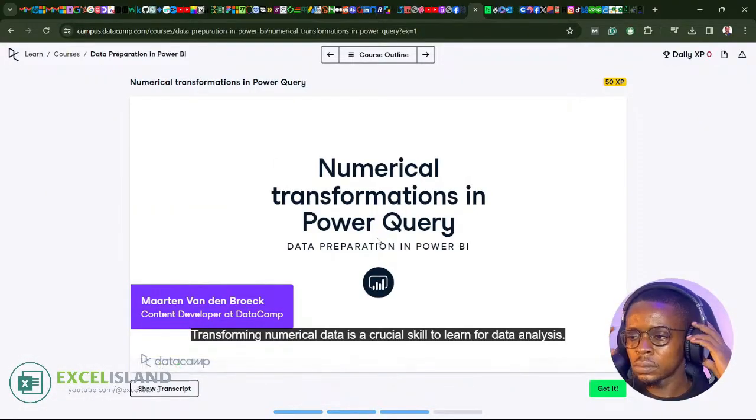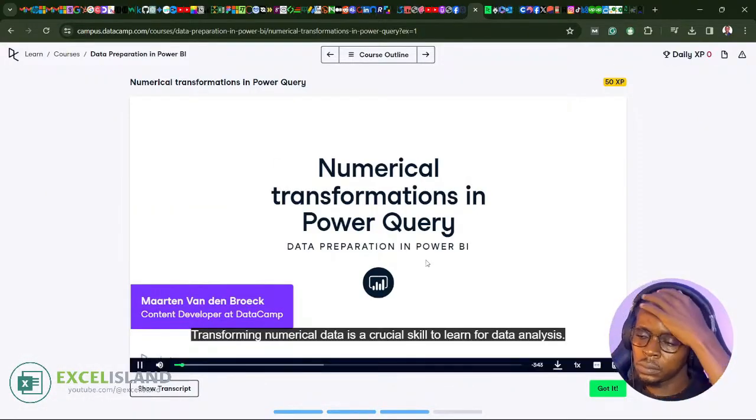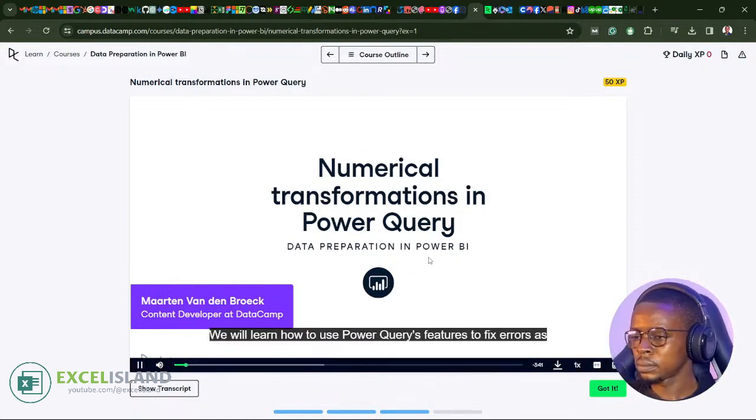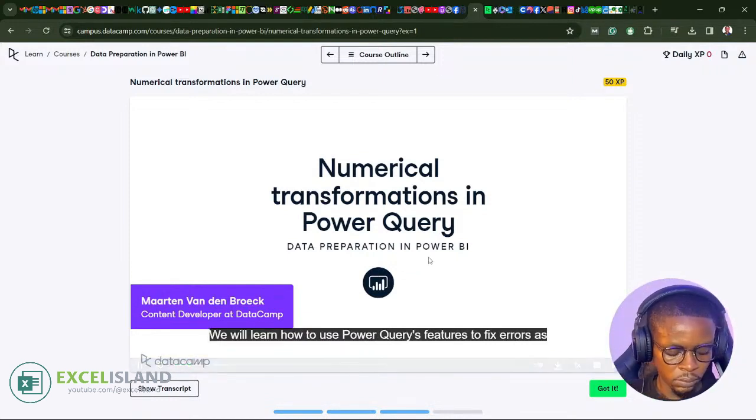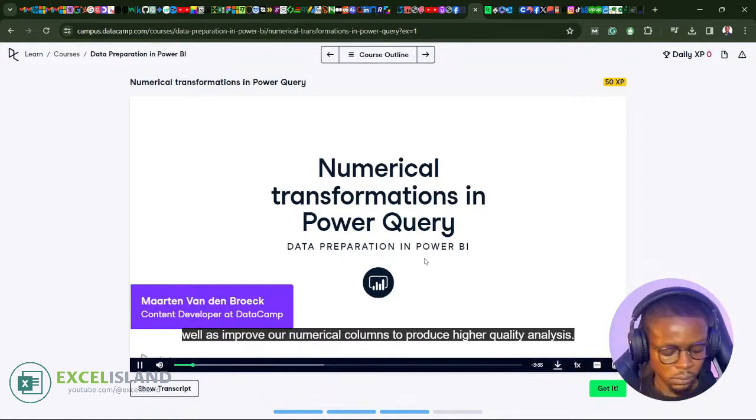Transforming numerical data is a crucial skill to learn for data analysis. We will learn how to use Power Query's features to fix errors as well as improve our numerical columns to